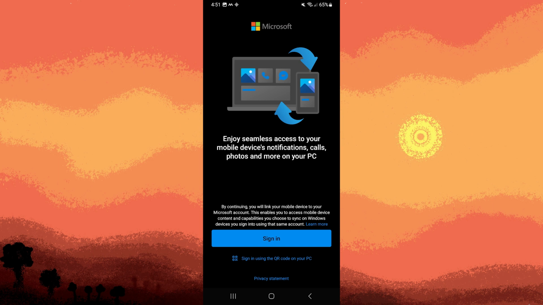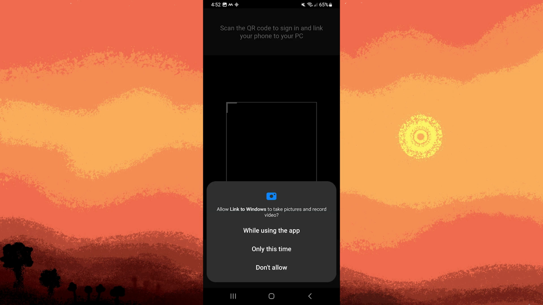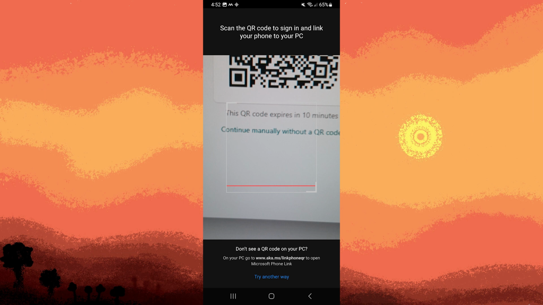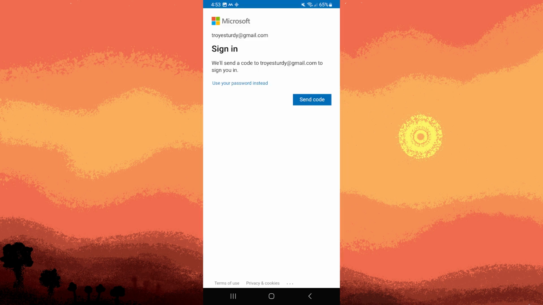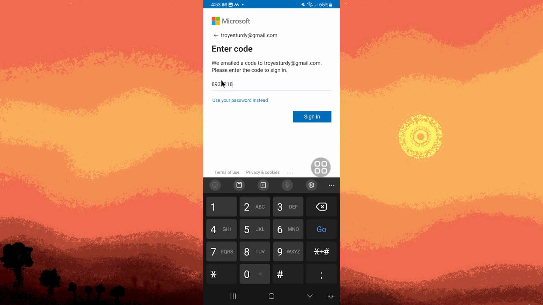Sign in with the Microsoft account used on your Windows 11 PC. So for me, I choose to use QR code for convenience. Choose this while using. Then put the camera scanner to the QR code. Then go back to your PC to enter the code on your Android. Once done, hit continue, then send a code, and check your email for the code, and put the code,